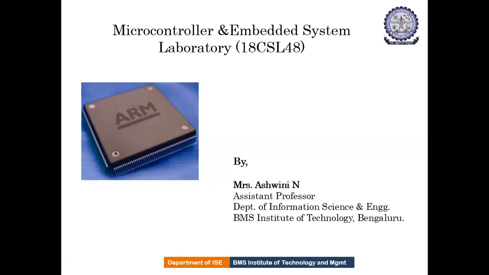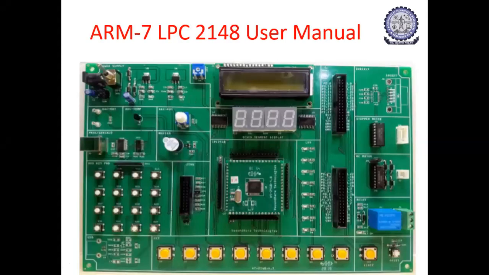I am here to explain a microcontroller and embedded system laboratory program, that is with analog to digital converter. In analog to digital, we are having an analog input. So this is the input we have taken. This is a variable register. Using this variable register, we will be varying the register values. Once the register value is varied, the voltage related to that will be displayed in the LCD display here. In the LCD display, we will see the demo in the execution time.